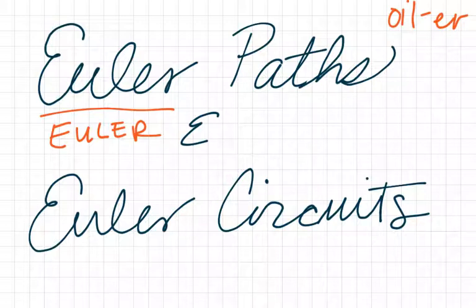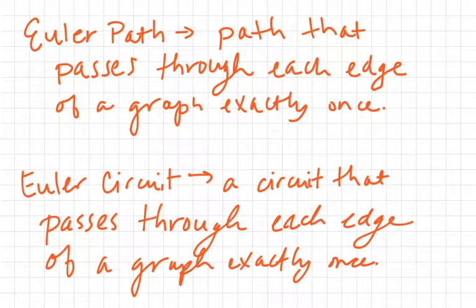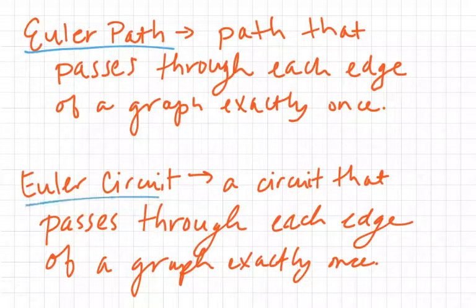Now we're going to look at some definitions of what an Euler path and an Euler circuit are. An Euler path is a path that passes through each edge of a graph exactly once. So it goes through all of the edges on the graph, but it goes through each one of them exactly one time. An Euler circuit is a circuit that passes through each edge of a graph exactly once. So it's essentially the same thing as an Euler path, except it starts and ends at the same vertex. A path does not have to start and end at the same vertex. But an Euler circuit must start and end at the same vertex and go through every single edge of the